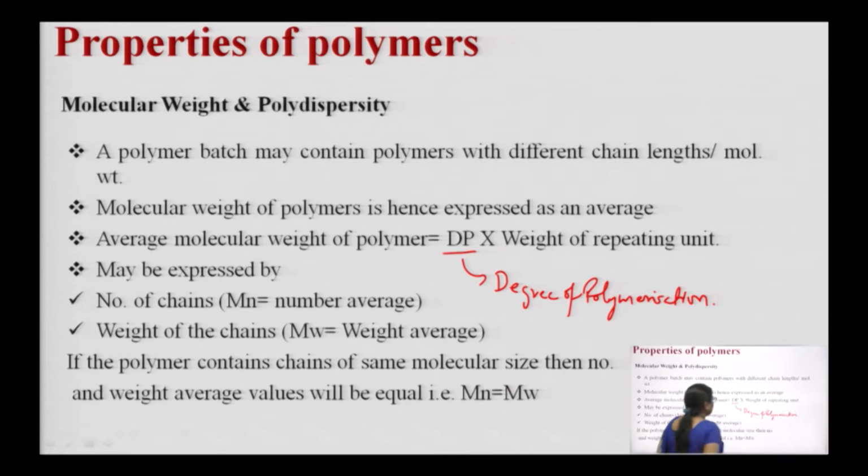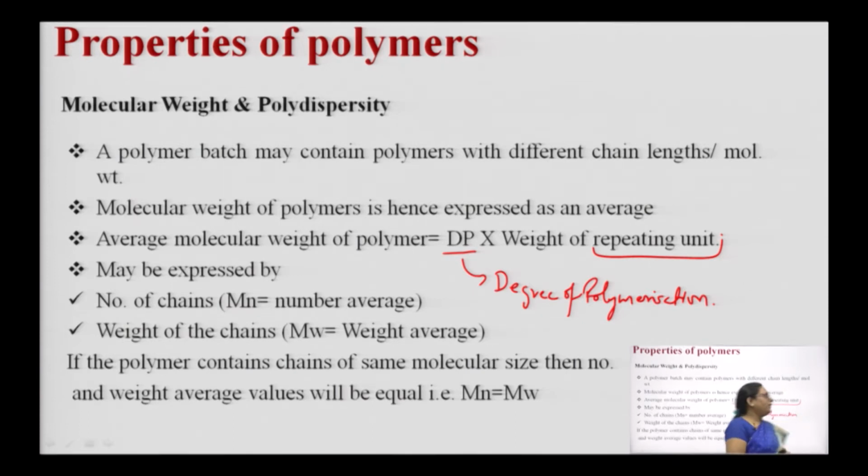Degree of polymerization basically implies how many monomer units are there in a single chain, and the weight of a monomer unit or repeating unit gives you the weight of a single unit. So, by multiplying this with the degree of polymerization, supposing a polymer has say 10 monomer units, you will multiply the weight of a single monomer unit with 10 to get the average molecular weight of the polymer. This average molecular weight is usually used to give the weight of a polymer.